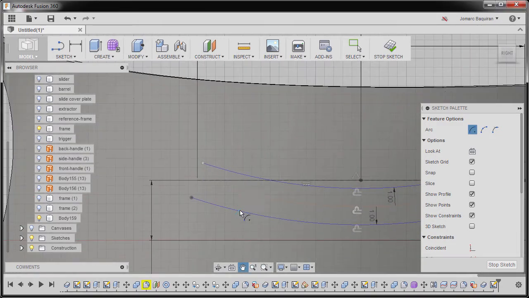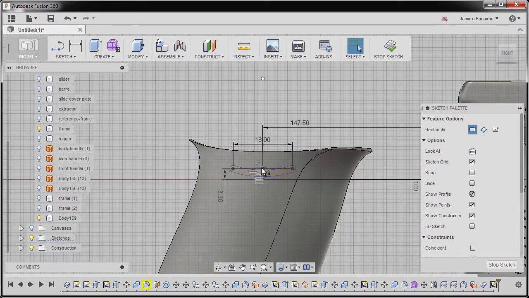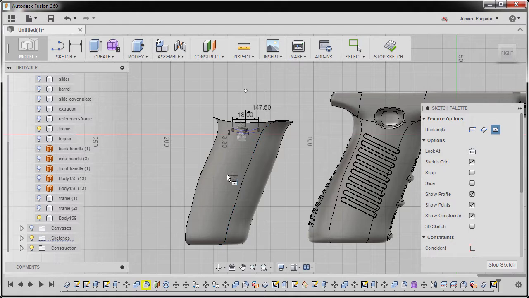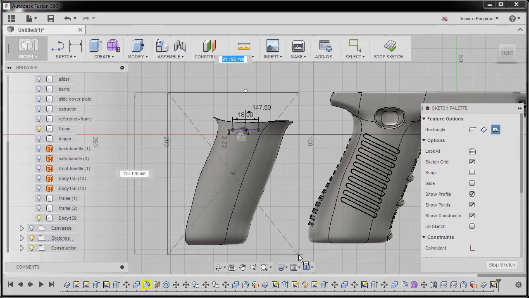I'm going to zoom in, selecting the end point of our arc, selecting this point, and selecting this point, hitting escape. And now I'm going to hit R and go to feature options, selecting center rectangle. I'm going to create a rectangle that will encompass this whole handle,